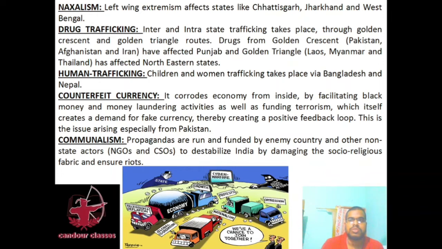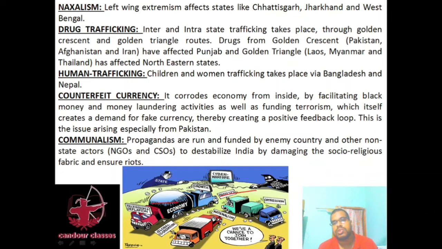Udta Punjab. You can watch the movie. That is quite interesting and has a beautiful message regarding drug trafficking. Okay, so through the Golden Triangle, the northeastern states of India are being affected, and through the Golden Crescent, the western states such as Punjab are being affected. Then human trafficking: children and women trafficking takes place